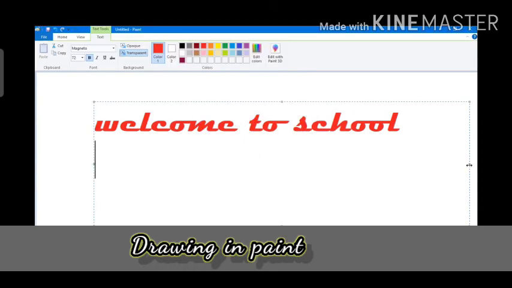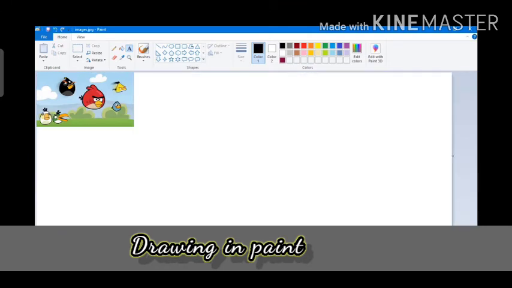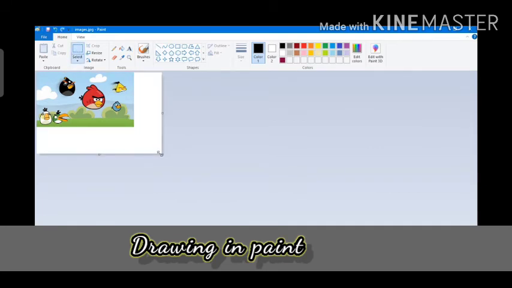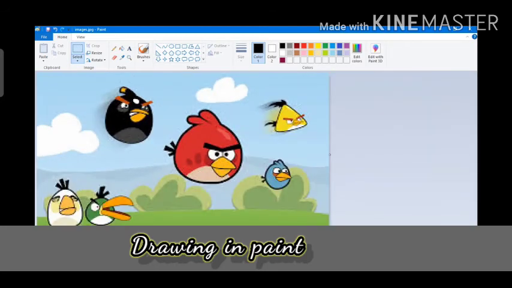After this, we are going to learn about the select tool. Now I have one image over here. I'll be using this red Angry Bird image. I'll be selecting that particular image by using the select tool. See, select tool, let me zoom in first. Yes, now I have selected the select tool from here, from the drop down menu. Rectangular selection I have selected, or you can select free form selection also, that means you have to drag the mouse.